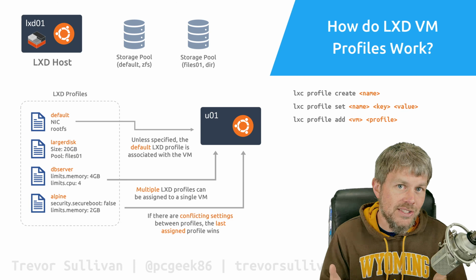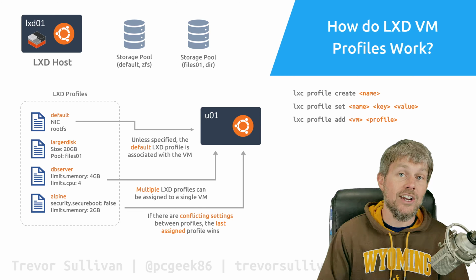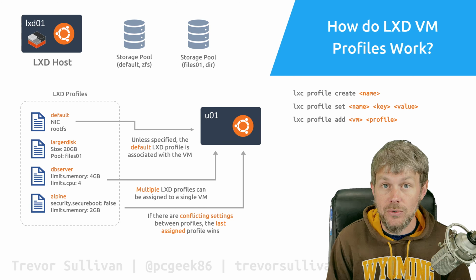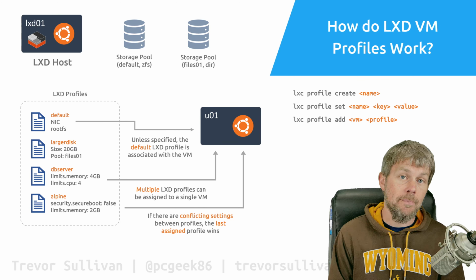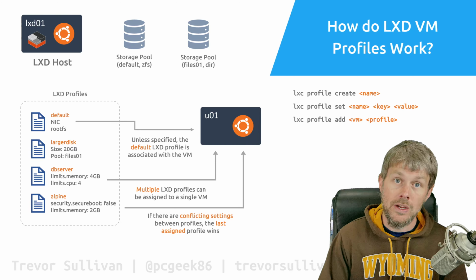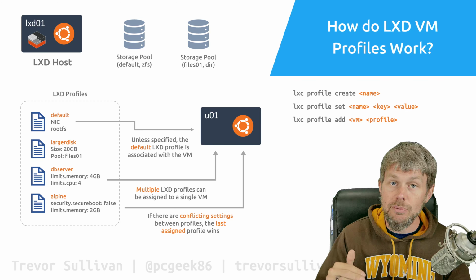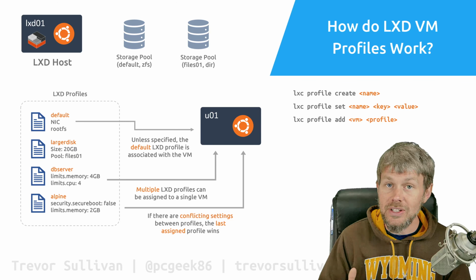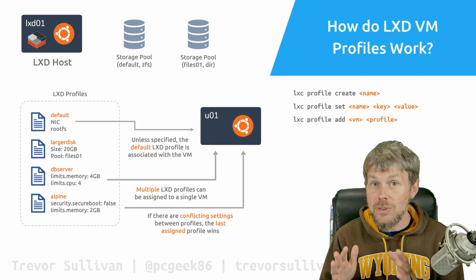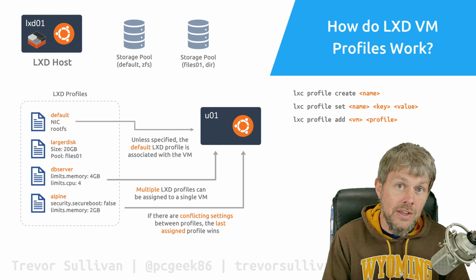So which one wins? Which of those profiles is going to actually win out and configure the virtual machine? Well, in LXD, profiles can actually be applied in a specific order. So when you look at the configuration of a LXD virtual machine, the profiles will actually be listed in a particular order, and the last profile that is specified is going to be the one that ultimately wins the battle